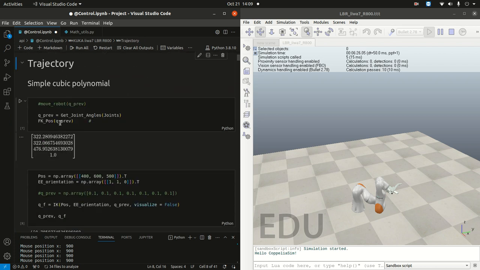Now in the trajectory part, we have taken a few trajectories. The first trajectory was